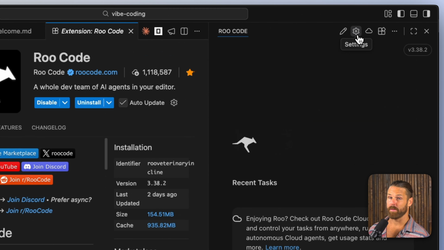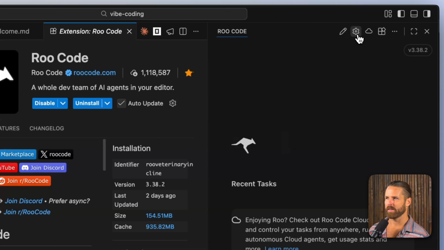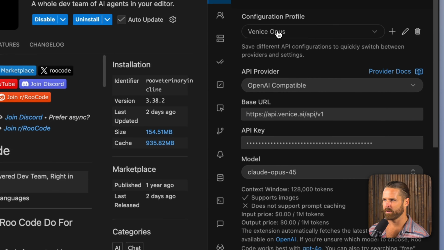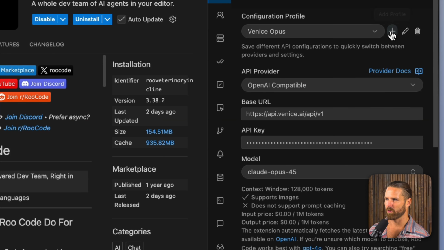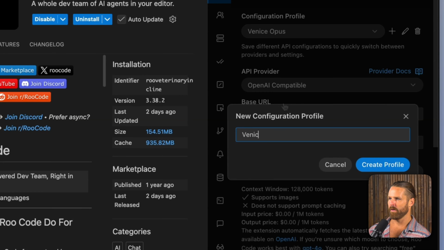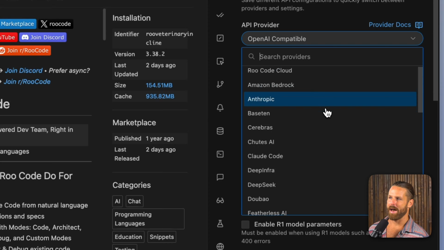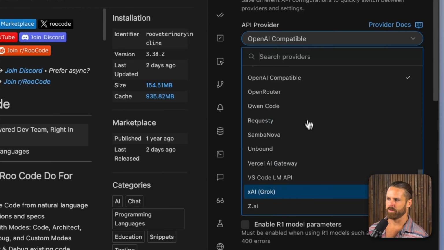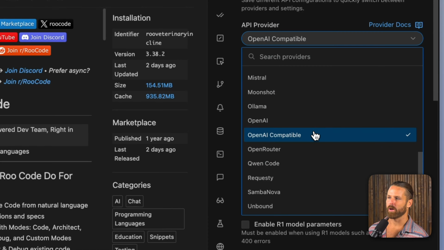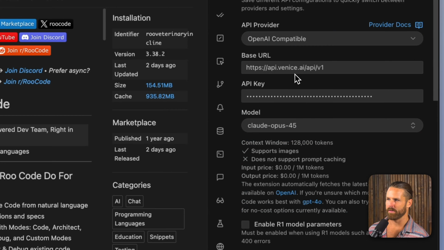Next up, we're going to come back to VS Code into the RooCode tab and click that settings icon. And here you can see I already have these set up, but I'm going to start fresh with you. We'll click plus to make a new configuration profile and just call it Venice for now. Then you're going to select the OpenAI compatible API provider. You'll see Venice isn't here, but that's okay because Venice is OpenAI compatible. So we click OpenAI compatible and then we pop in